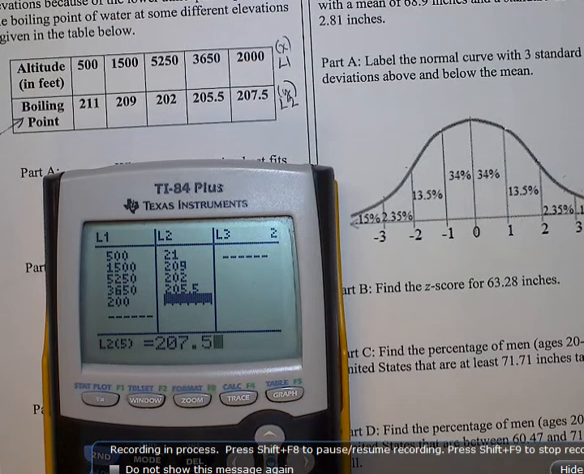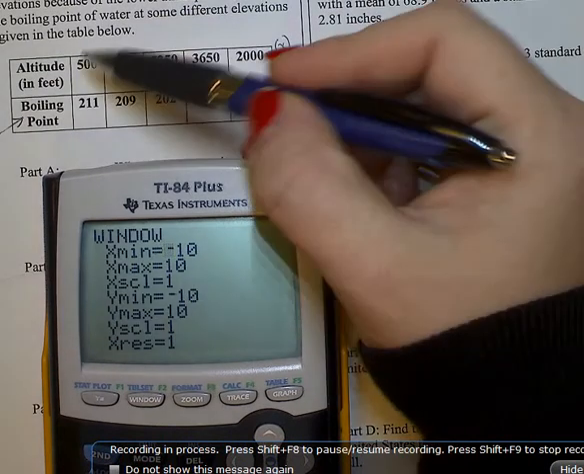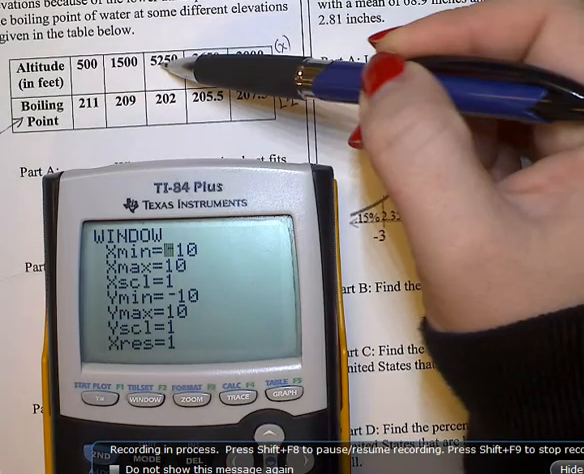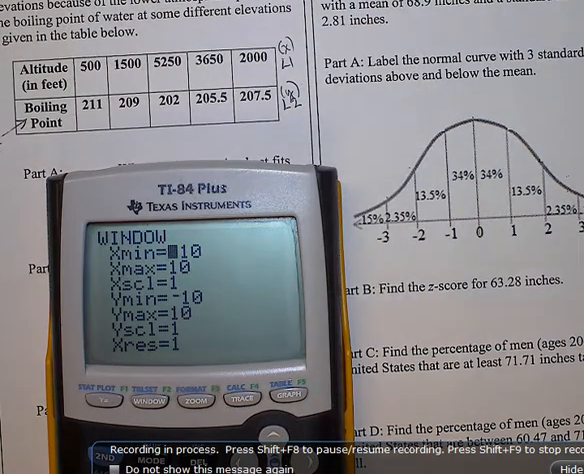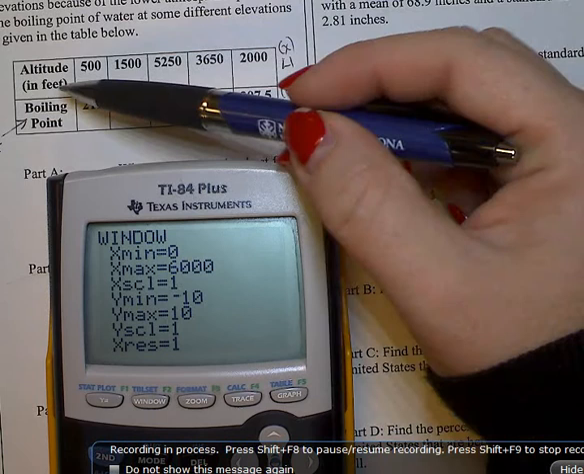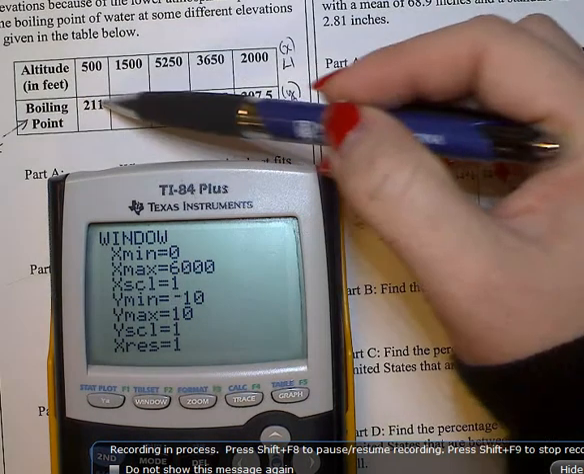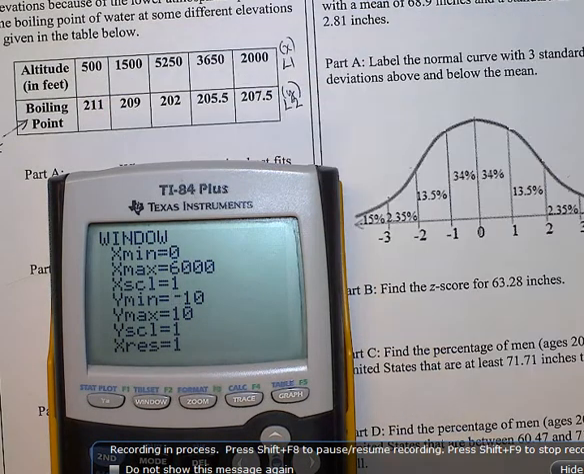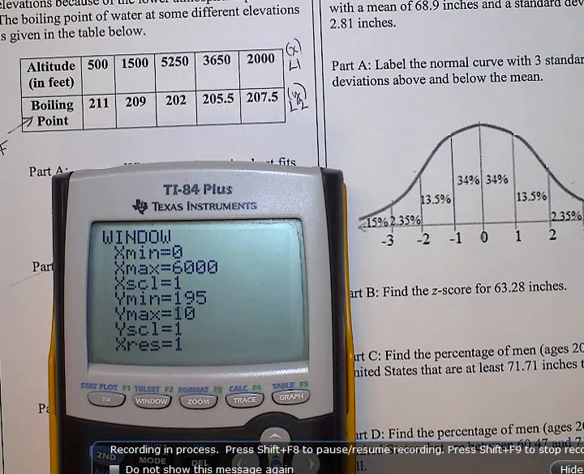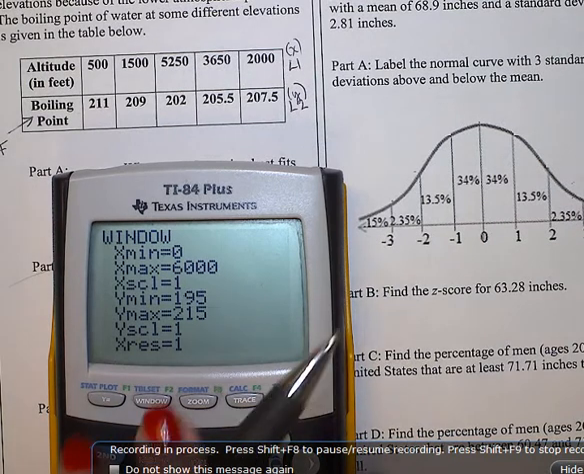Now go and change your window. I can see 500 is the lowest and it goes up as high as 52. I'm going to change it from 0 up to 6,000 to start with. I can always adjust it later. I'm going to go from 195 up to 215, and again, I can adjust it later. Turn on scatter plot